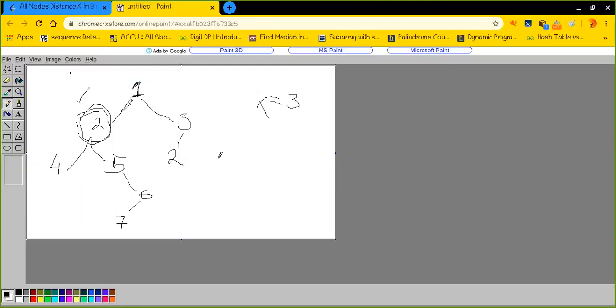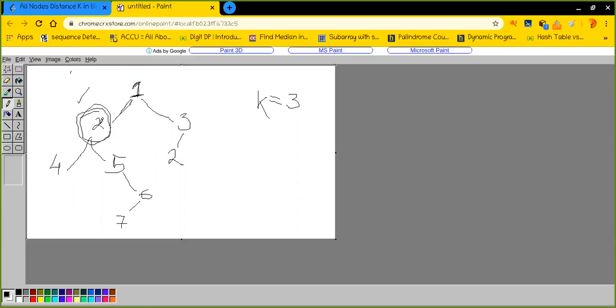Okay, cool. So right now there are two cases, as you can see. Either the nodes which are required to be returned can be present below the subtree rooted with the target node. This is one case.